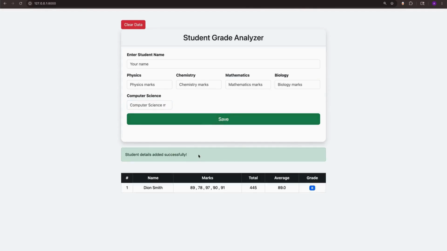and click save, then we get the alert type that it's a success message, and we have the name, the list of marks that we have for each subject, and the total that has been calculated, all the operations that have been performed, right? The total, average, and the grade. Okay,